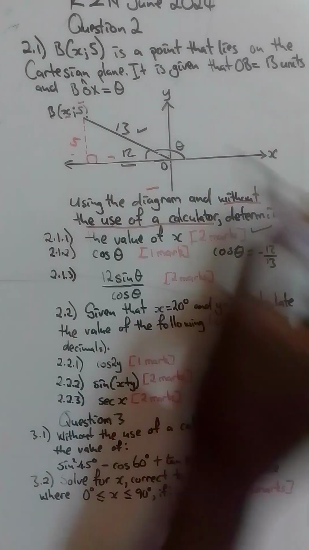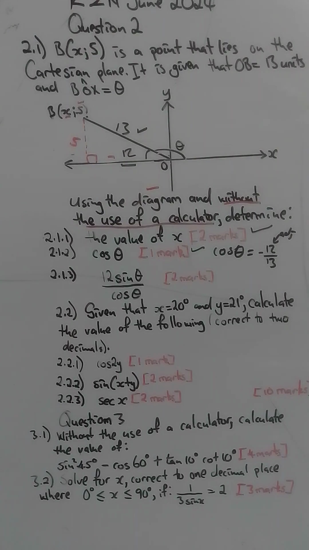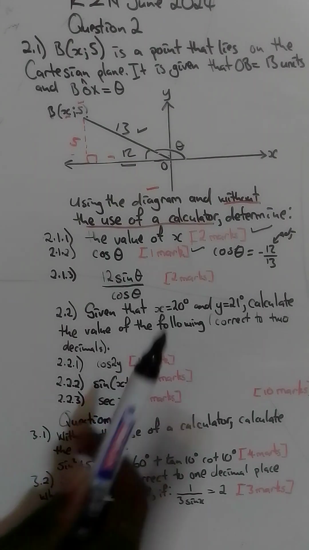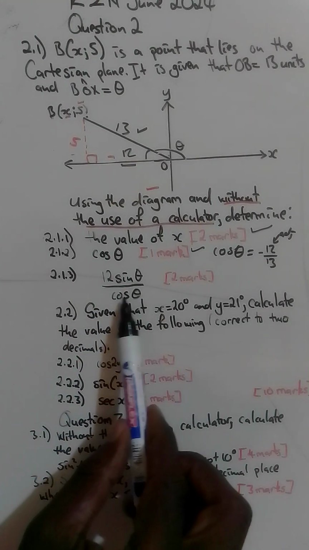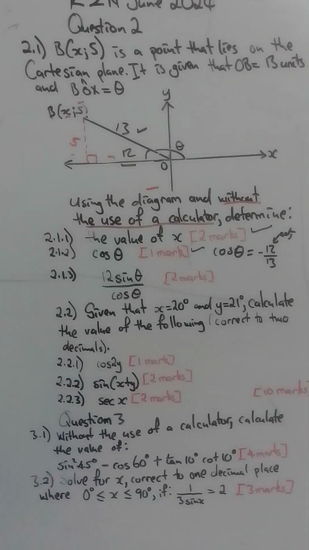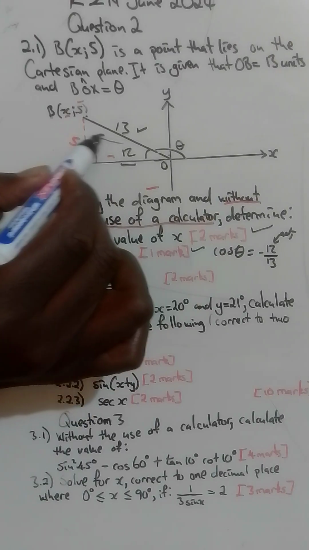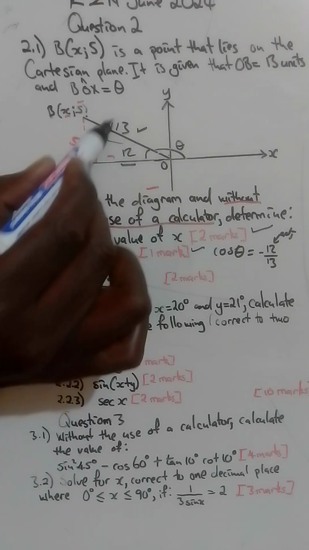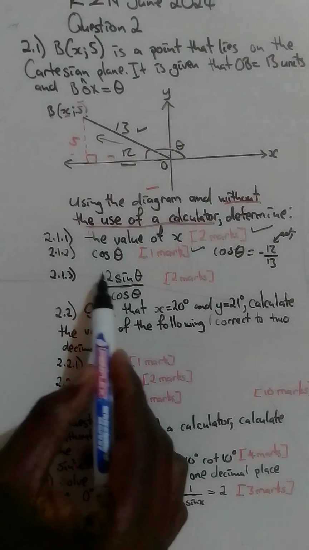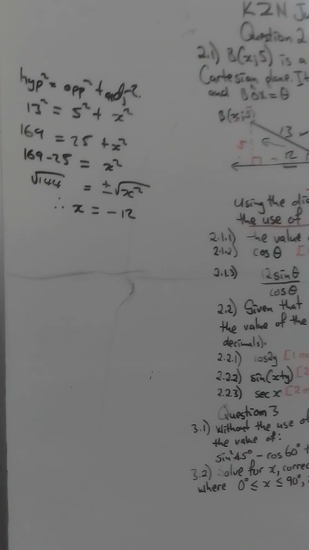Negative 12 is the adjacent and 13 is the hypotenuse. And we get our 1 mark. Done. And then now on question 2.1.3, they say 12 sin theta divided by cos theta. Meaning to say that, what is our sin theta? Let's see. This is opposite here, and we've got 5, and our hypotenuse is 13. So in other words, when they've said sin theta, 12 sin theta, we are now coming here and we say that